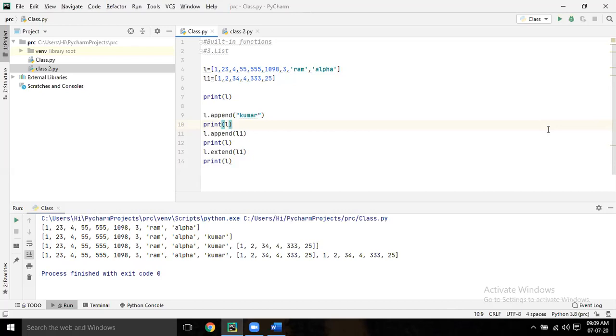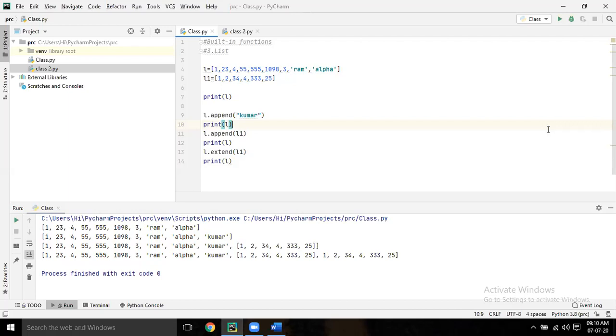See, what happened? If you write append, it is giving the whole list, that means in square brackets. But extend means it won't give the square bracket one. It will add item wise. But in append, it will paste the whole list with square brackets. This is exactly the difference, and sometimes you require this in a true or false question also.